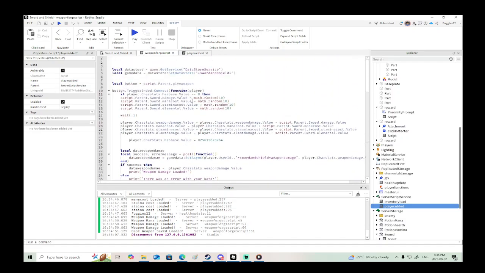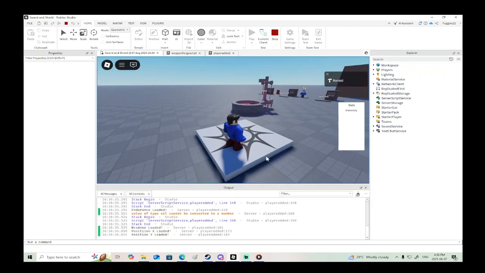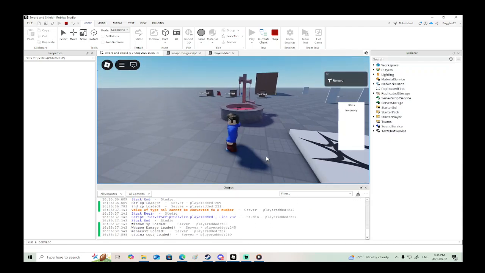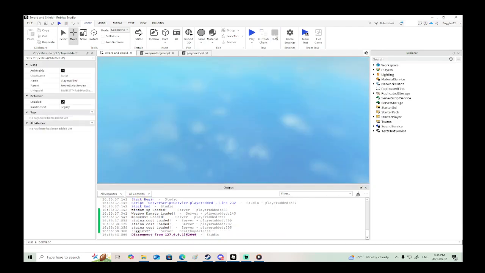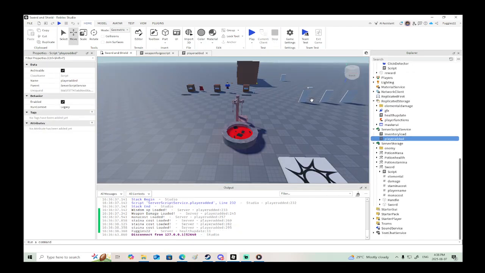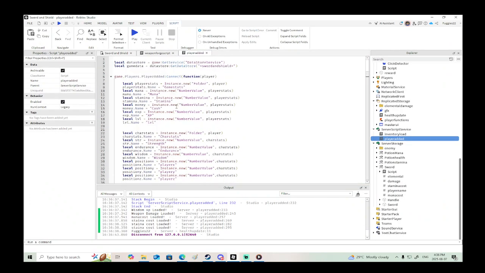So if you've never had the weapon, it should assign it to you, and if it's already assigned you a weapon, perfect. It says that we already have a weapon. So the last thing we need to do here, this is going to be the last little bit, we just need to clone the weapon to the player. That's all. So when the player is added to the game,